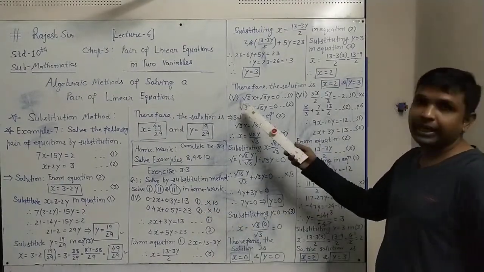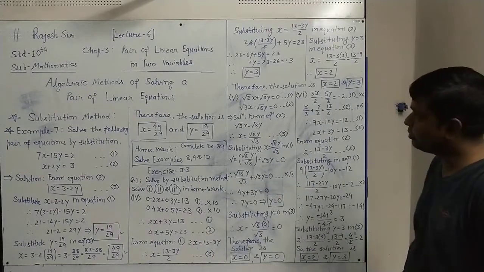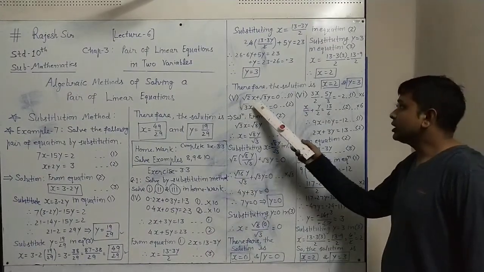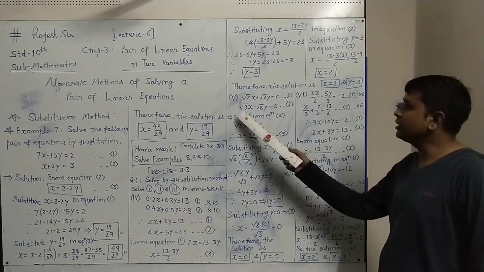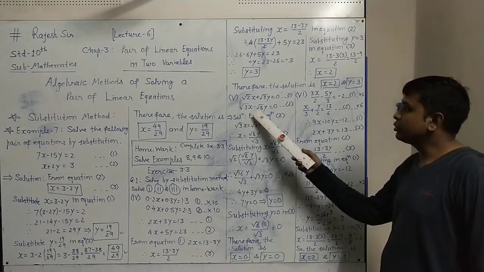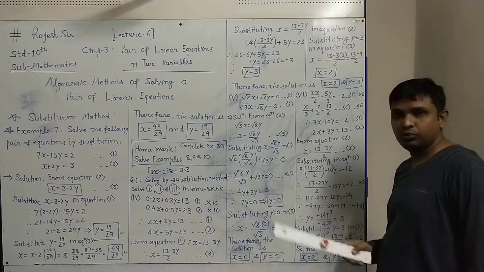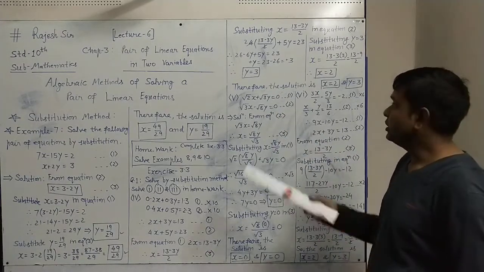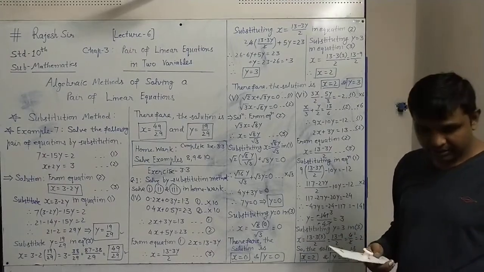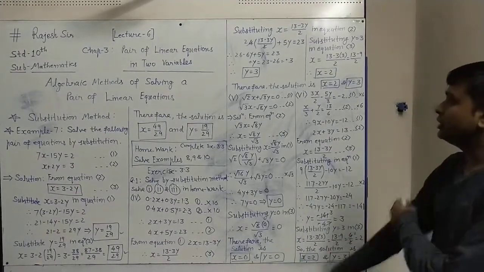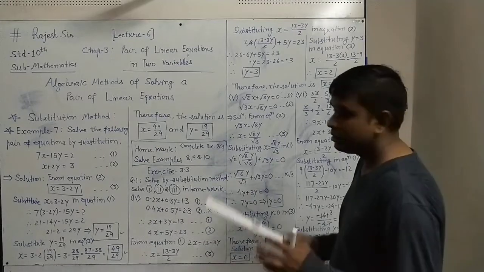The number 5 in question number 1 of this exercise 3.3 is root 2 x plus root 3 y equal to 0. Equation 1 we will say. The other equation is root 3 x minus root 8 y equal to 0, equation number 2. Two equations are given again. In root form the numbers are given, so it looks somewhat complicated. But this is also very simple. We have to do it the same way.